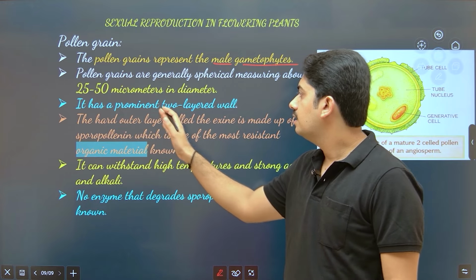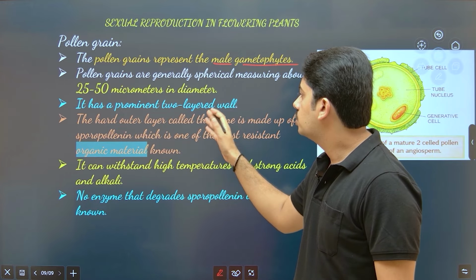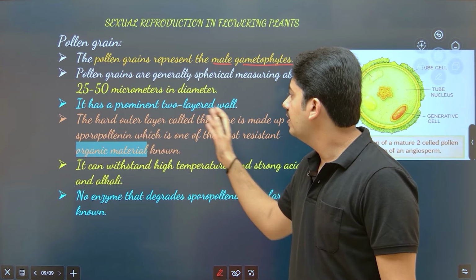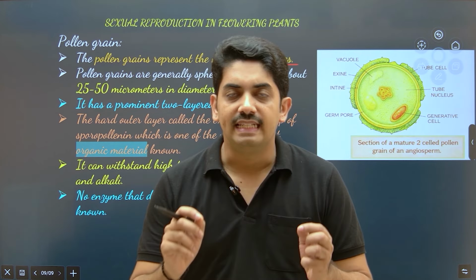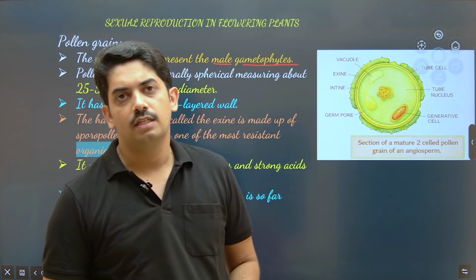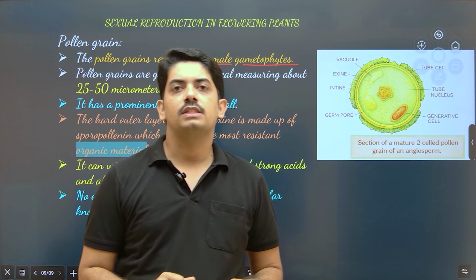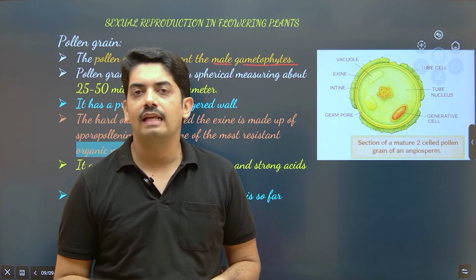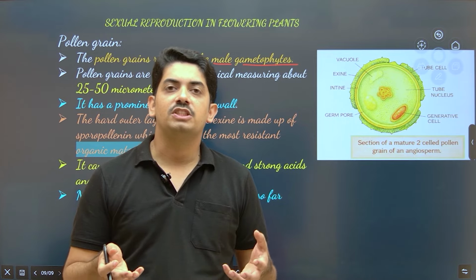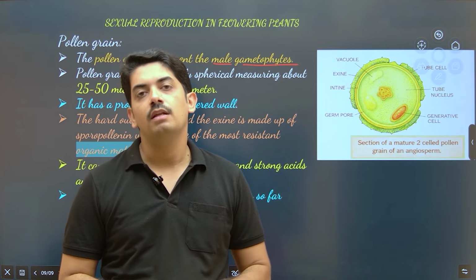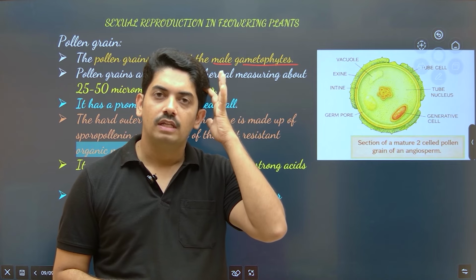It has a prominent two-layered wall. Now we will move on to the detailed structure of the pollen grain. So far we just studied what happens to pollen grain after tetrad is formed. Now what all changes take place in the pollen grain before it becomes mature, that we should